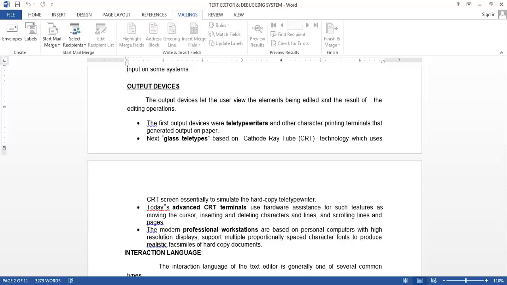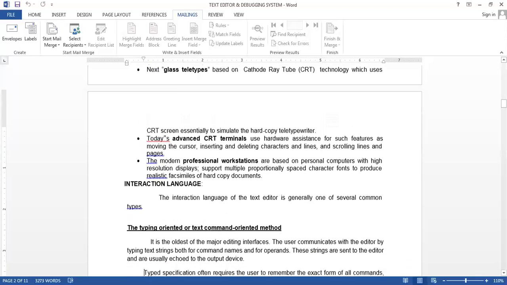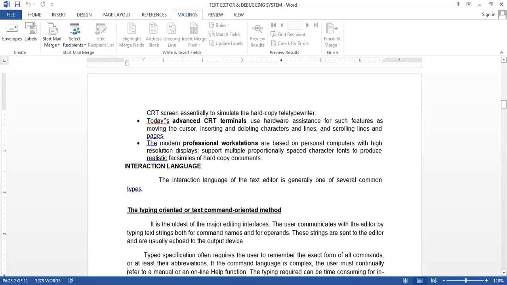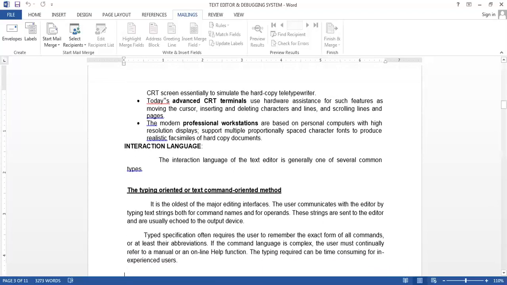After that, the interfaces are the interactive languages, the languages that we use to interact with any type of editor.